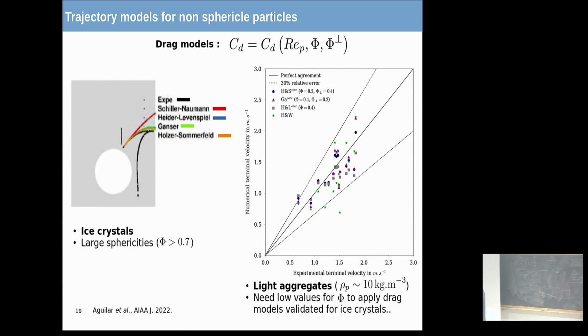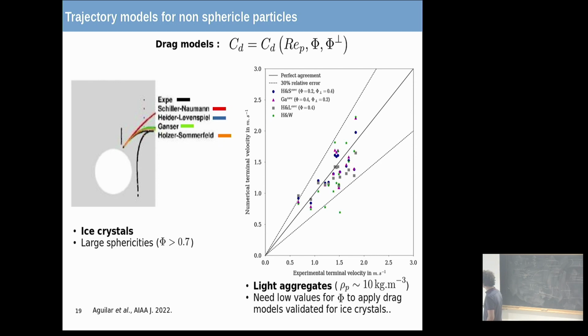Sorry, it's a bad quality for the plot. For the experiments, here it is in black, and the particle hits the wall and goes downwind. The Schiller-Naumann law, that is to say the typical drag law for a spherical droplet, is in red, so it's bad. Okay, so we can't expect good results using classical drag laws, and when we use this kind of drag coefficient,